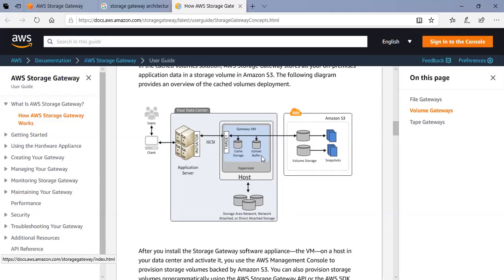In this case, it's not a physical switch or a physical medium. It is a virtual appliance which is acting as a virtual switch, virtual storage, and everything. So it has an underlying access to your storage as well as the underlying access to the S3 storage. But technically, this gateway service goes and pulls the required component, be it a volume, be it S3, whatever it is, it brings it in and gives it to a server locally.